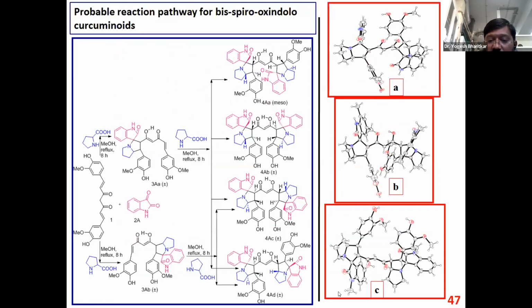Likewise, we worked out these mechanistic pathways, and we also obtained 7 molecule X-ray structures. Some are represented here. From the X-ray structure we get this one molecule, but in the same crystal we also get another enantiomer that is present. If we separate it by chiral HPLC, then we can do X-ray differentially. Then we get the absolute configuration of the plus and minus molecules.